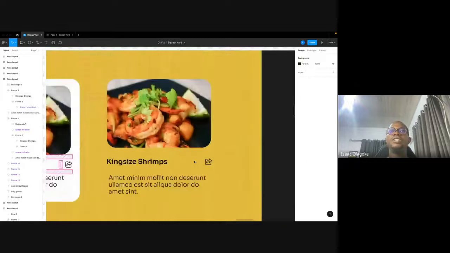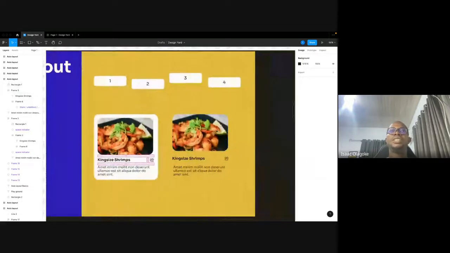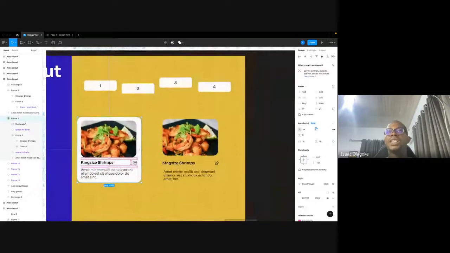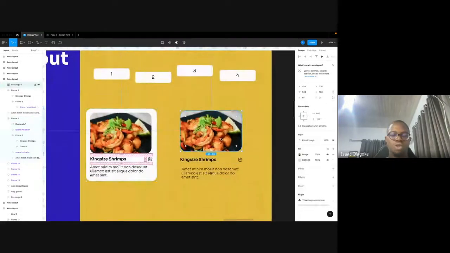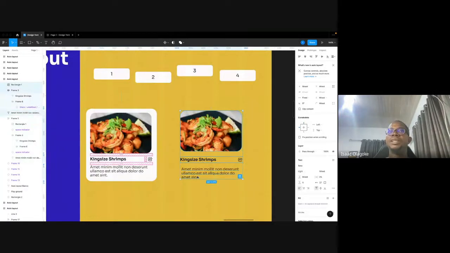Look at this now. I want to create something like this, and I have these three elements. How auto layout can make this work easier is simple and straightforward. Just click on all of them, select all of the elements, and